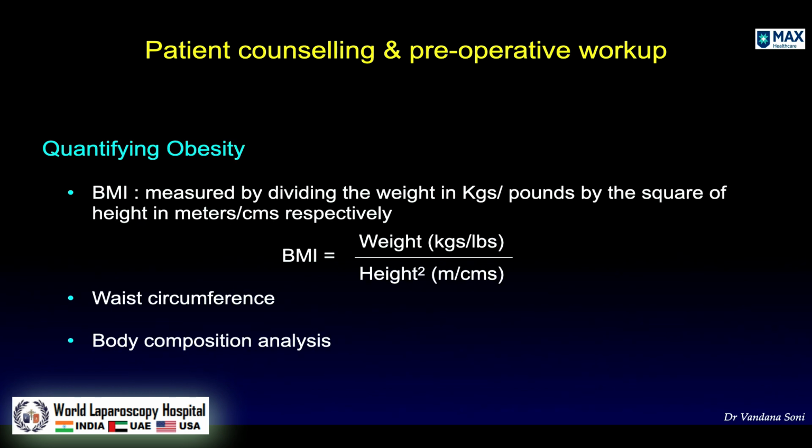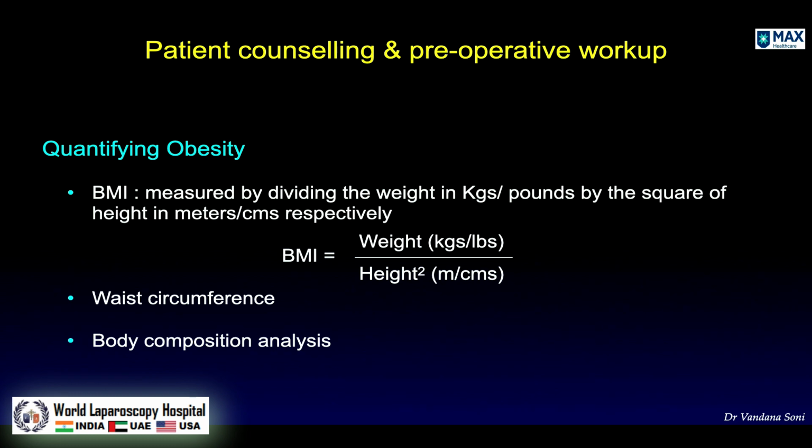So how do we treat obesity? And when do we decide what is the best treatment option? For that, we need to quantify obesity. We need to know what is average weight, what is overweight, when do you call a person obese, when does the obesity become severe and finally morbid. Morbid obesity is when obesity itself is detrimental to the health of the patient, irrespective of whether the patient has any obesity-related comorbid conditions.